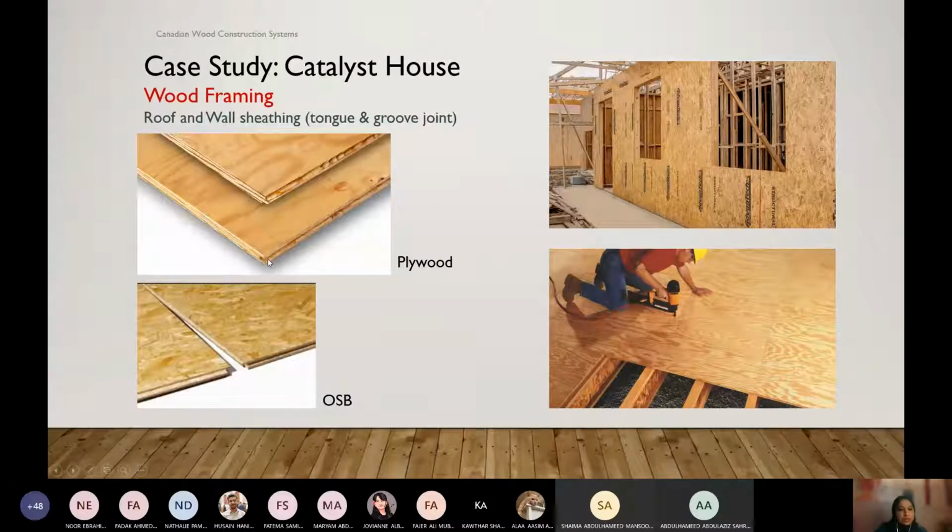One specialty is the tongue and groove joint, so they can be attached to each other very tightly. Here you can see, on top of the floor joists, we have those wood panels with a tongue and groove joint in between.